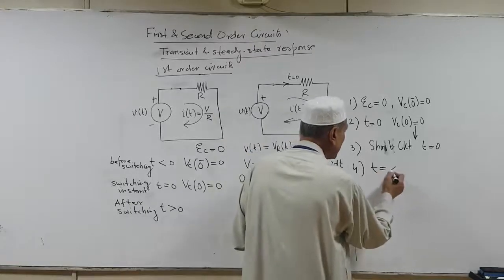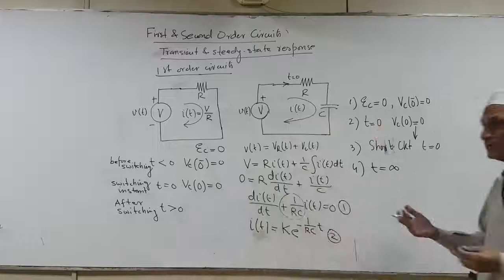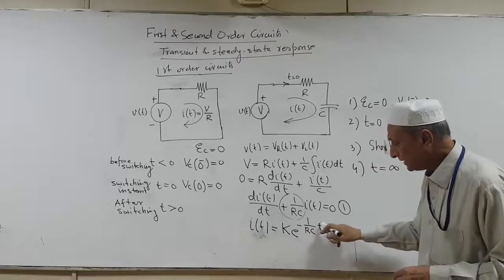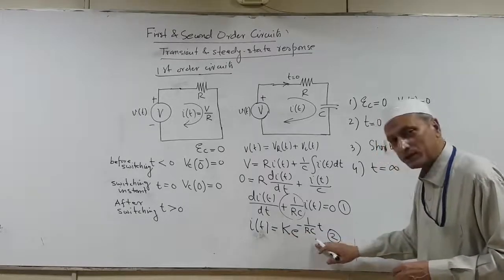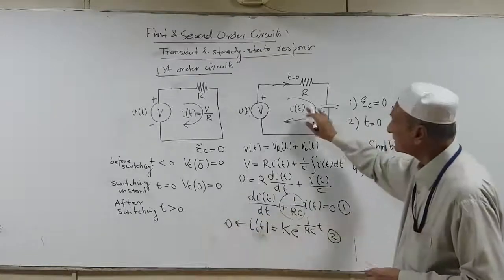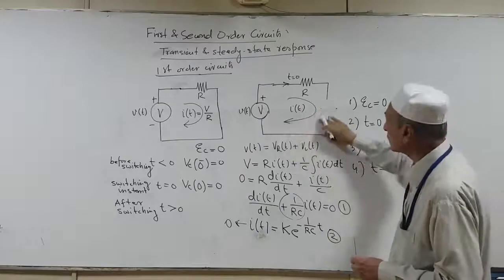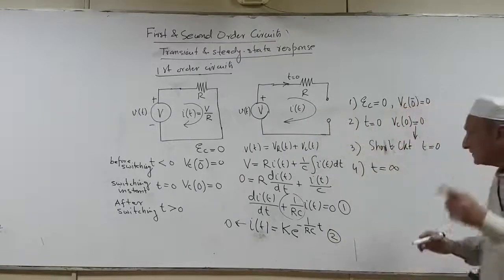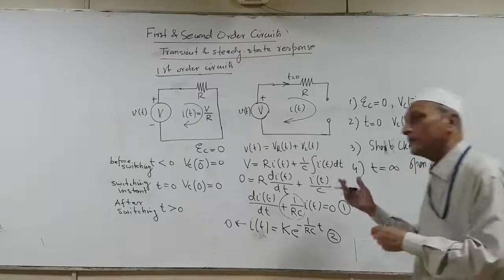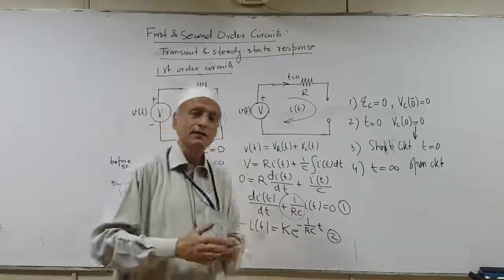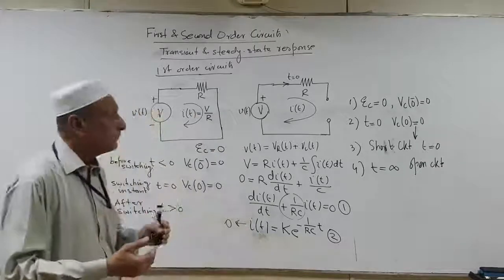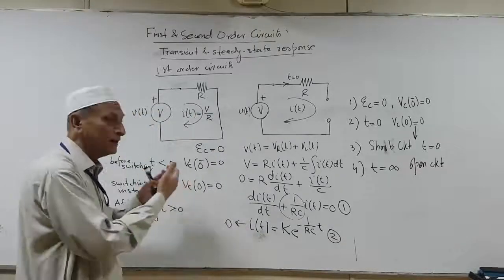Now, when we go for t is equal to infinity, in fact, the current is 0. If you put t is equal to infinity in this particular expression, I will get this current equal to 0. Now, when the current is 0, it means that this is the condition for an open circuit. It means under steady state, the capacitor will become an open circuit and a voltage will appear across that open circuit, which is the steady state voltage of the capacitor. So this was all about the general information which we can get about the RL and RC circuit.